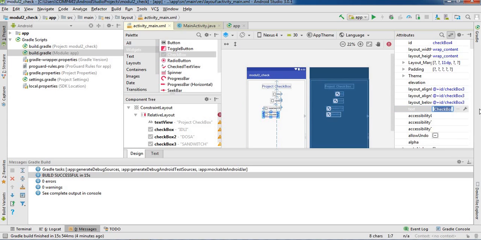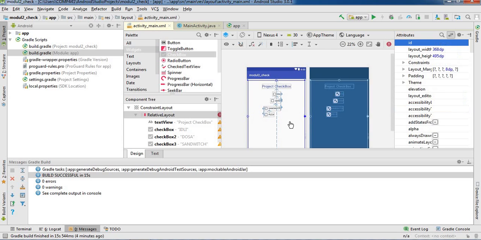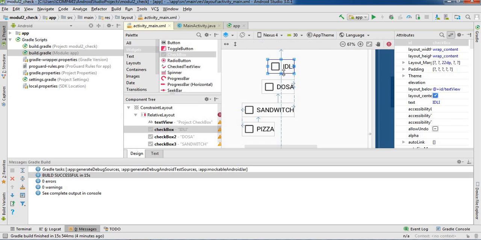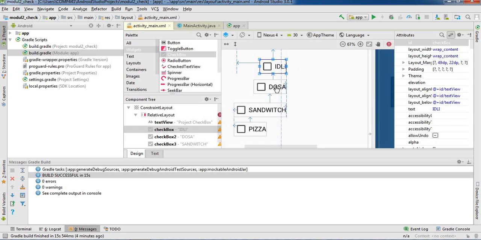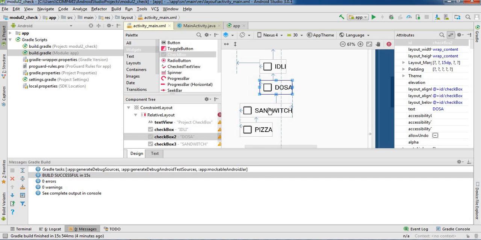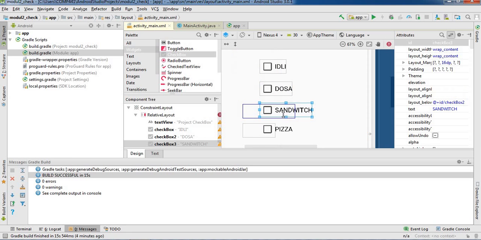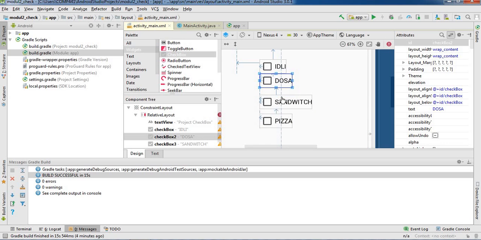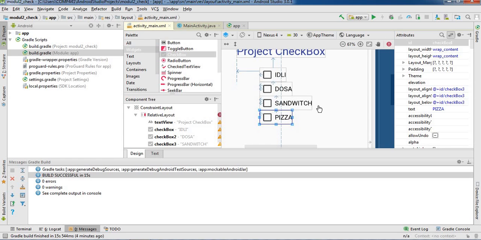And this checkbox is my pizza. So there are 4 checkboxes here. For a better understanding, we are going to move them properly like this. Okay. There are 4 checkboxes, and again there is a project name, project checkbox, here.